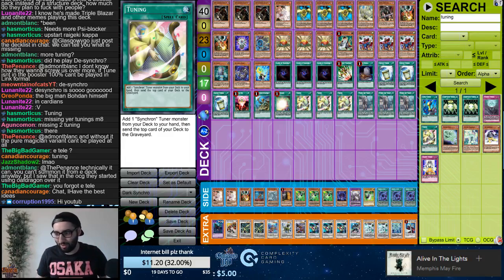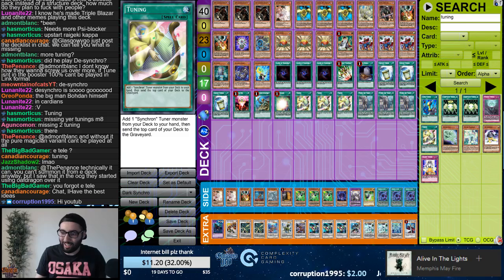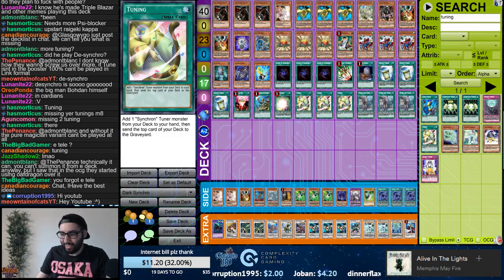What's happening, plebs? We are doing a top 8 deck profile from Australia's Nationals this year, 2017, and we have a list here piloted by Ian Carroll, and he made top 8 with the Synchro list, and it's Dark Synchro,